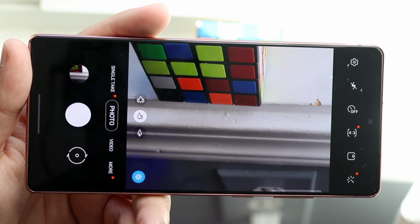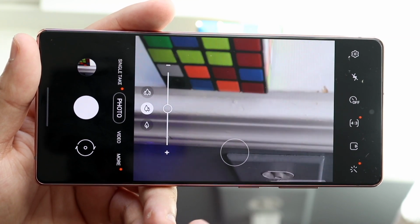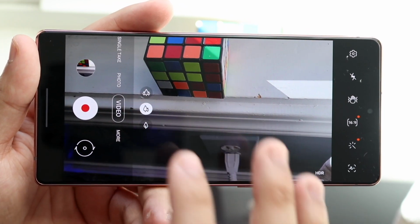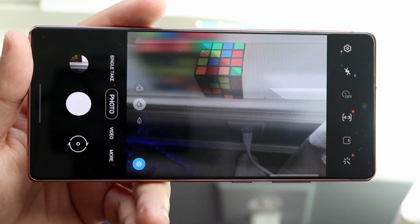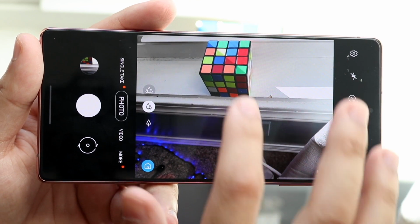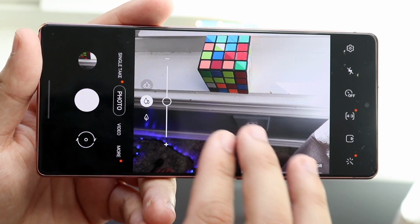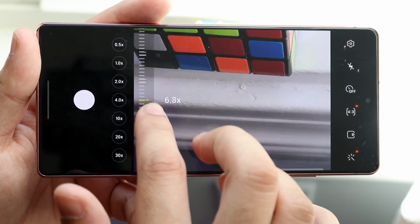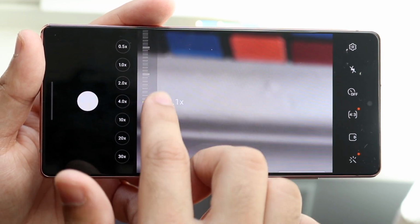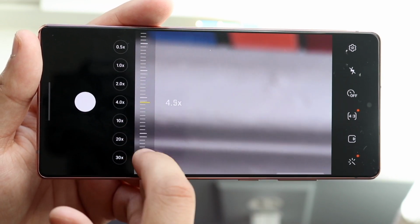You guys can look back on the thousands of camera comparisons I've done with this phone, but the Samsung Galaxy Note 20 really does take it to another level. I feel like the quality of the photos is good. The quality of the videos may be better. That's kind of subjective on both, but the 8K capability that you have on the Note 20 is something that a lot of phones do not have, including the iPhone XR, and that is something that's really cool. A lot of people are not going to use it, including me, I would never use it personally,